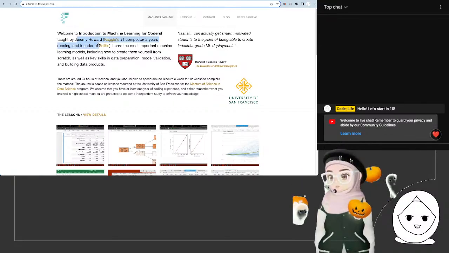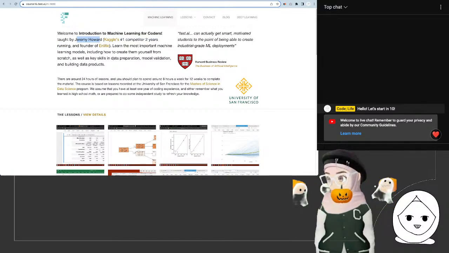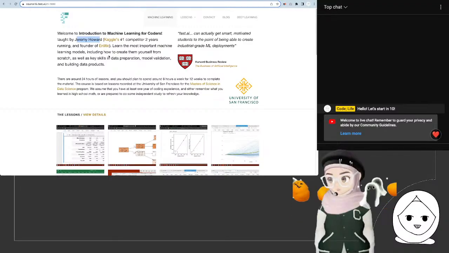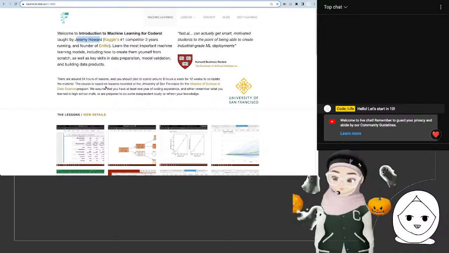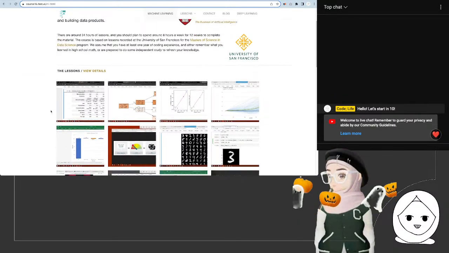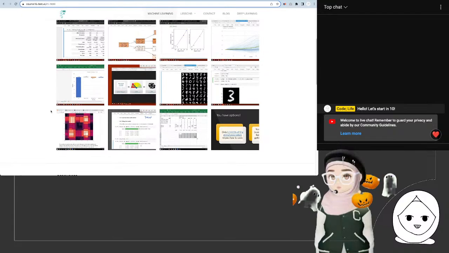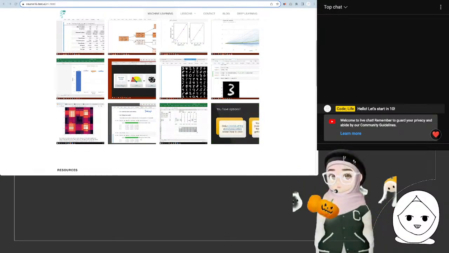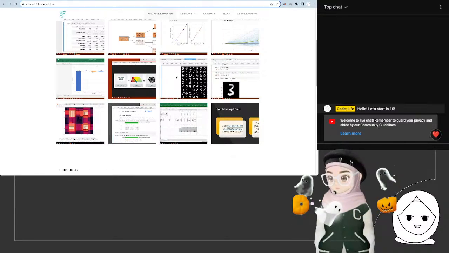It is taught by Jeremy Howard, one of the top ML researchers and also Kaggle competitors. This course has 12 lessons. We are in lesson number 7, and